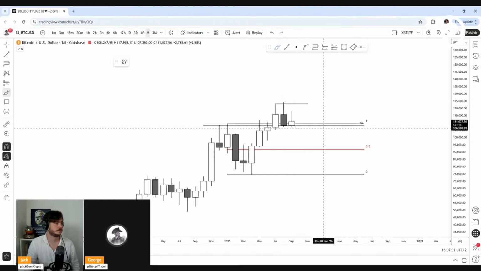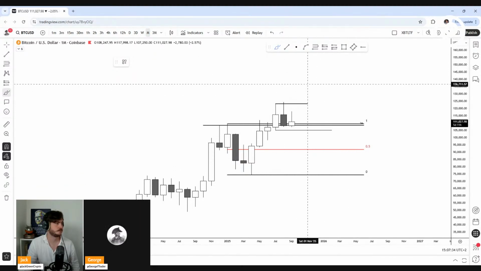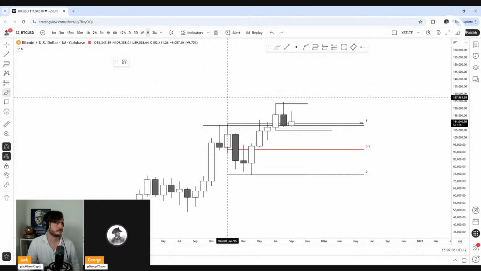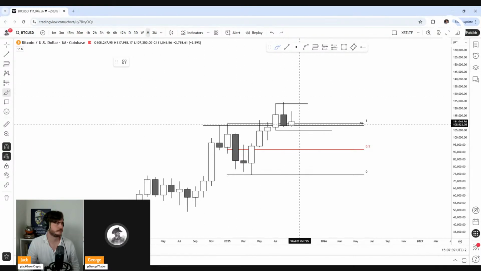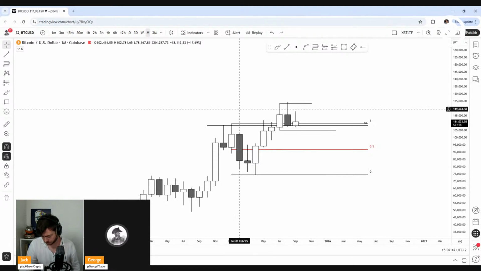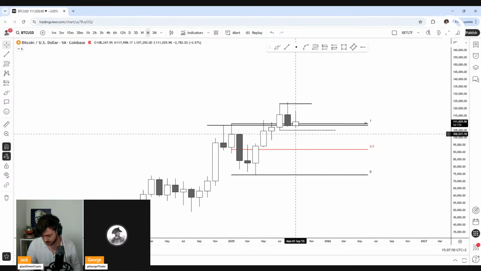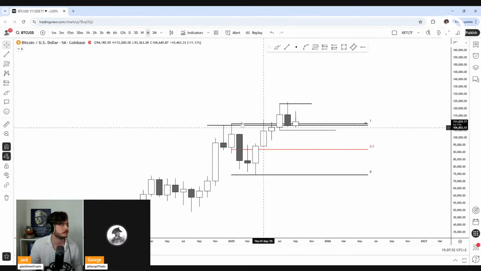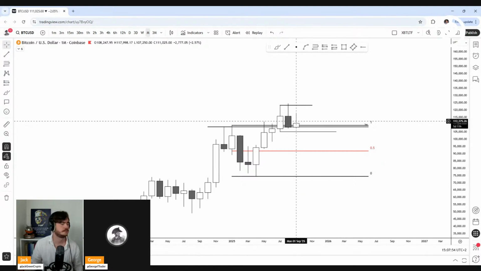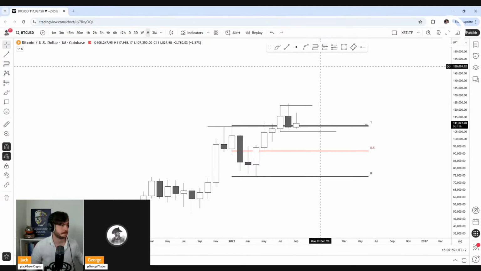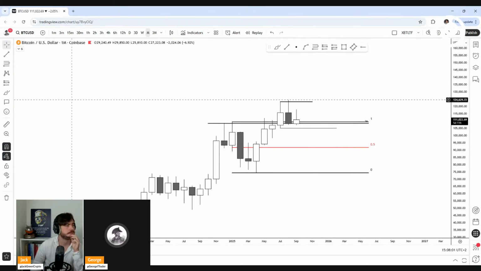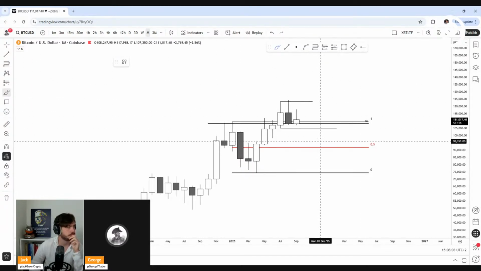Now we dumped quite a bit already, but the past few days we did have a pretty clean invalidation on shorts, as it was just simply reclaiming this level right here. Now the question is, are we going to dump below this level and close bearish, close ugly, right? Or are we still gonna close here, wick them, close above again, and run away to new all-time highs? And for that, we'll simply have to wait. But now you know my plan.